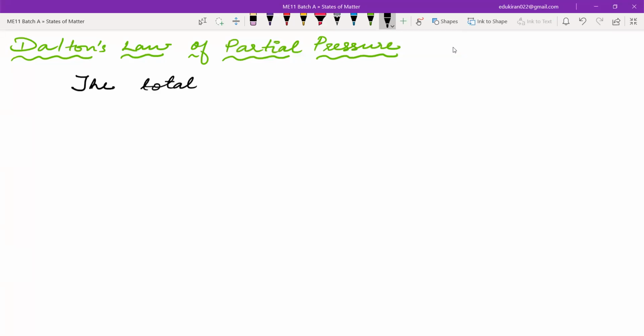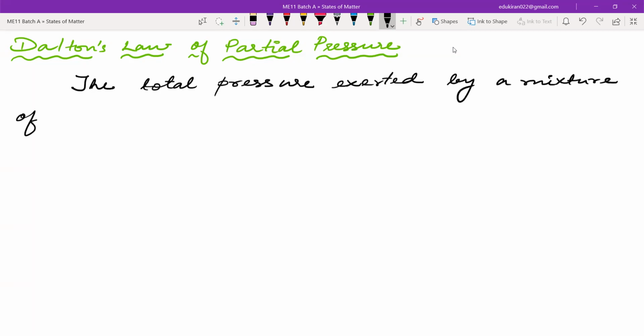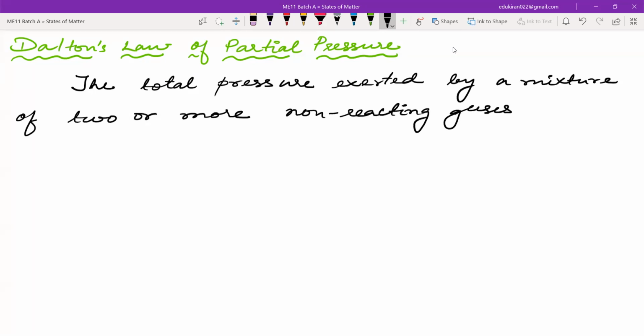The total pressure exerted by a mixture of two or more non-reacting gases in a definite volume